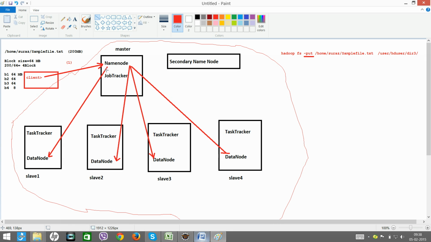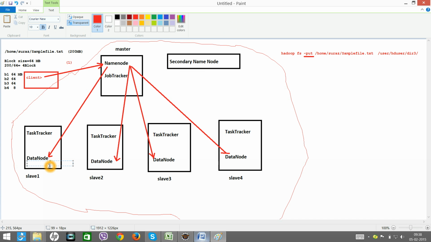So it will contact data node 1, and let's assume data node 1 says I have only 50 MB left. Let's say this one says I have 200 MB left. Just giving you an example. Let's say this data node says I have 100 GB left, and this one says I have 500 GB left.